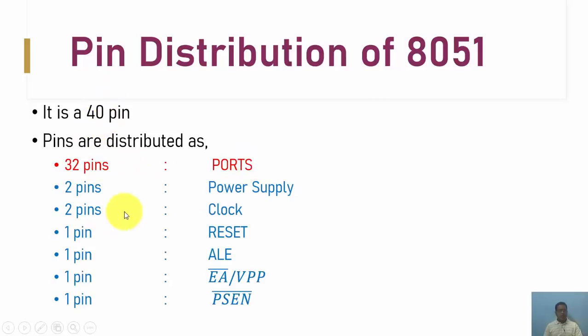Out of the remaining 8 pins, 2 are associated with power supply, 2 are associated with the clock, 1 is used to reset the device, and 1 is for address latch enable. The next pin is used for external access enable, and the remaining 1 pin is used as program store enable. In short, the last 3 pins are associated with external memory interfacing.